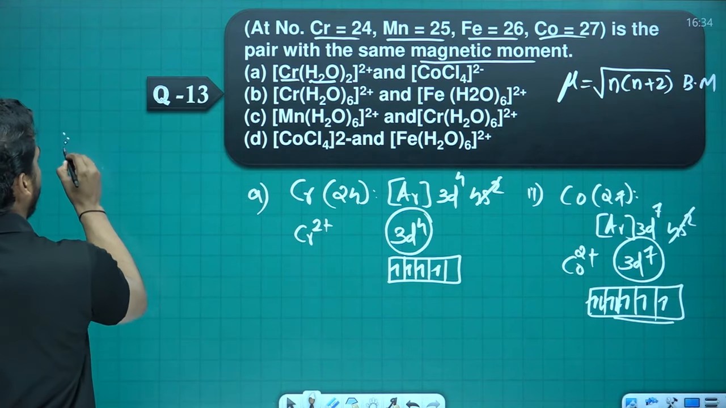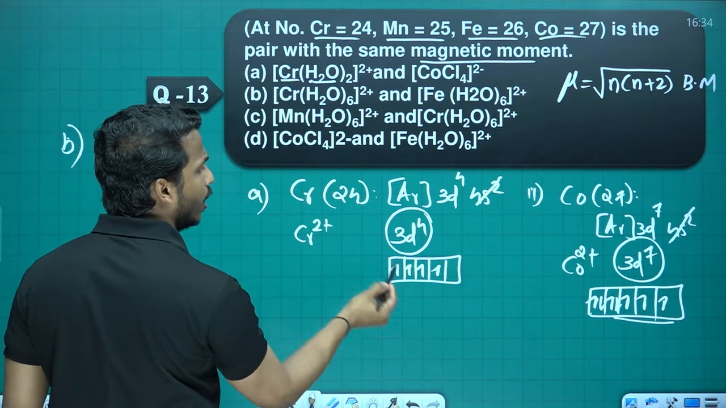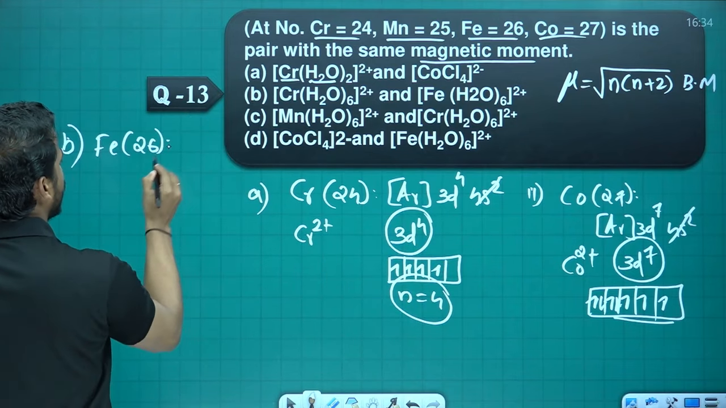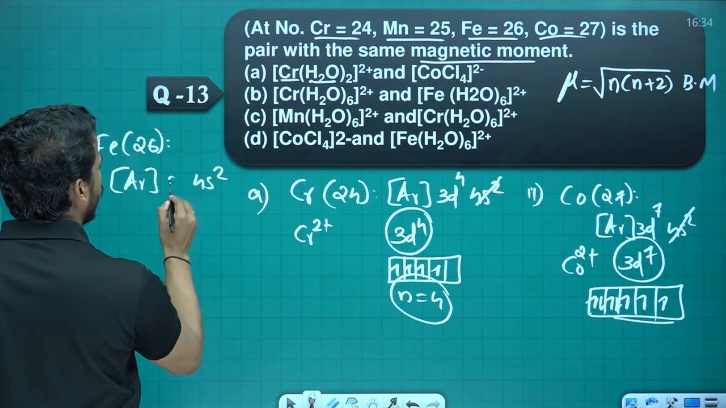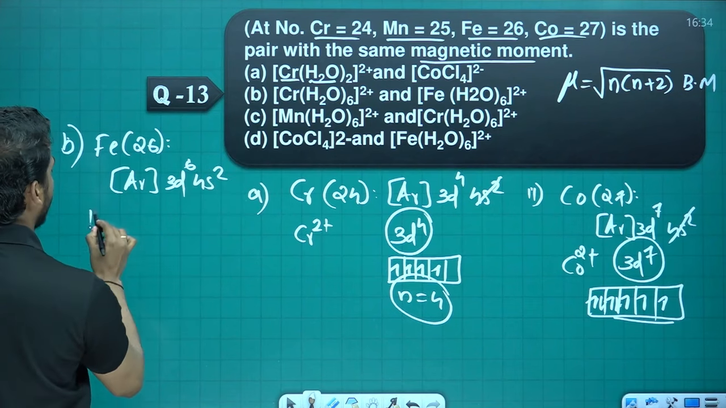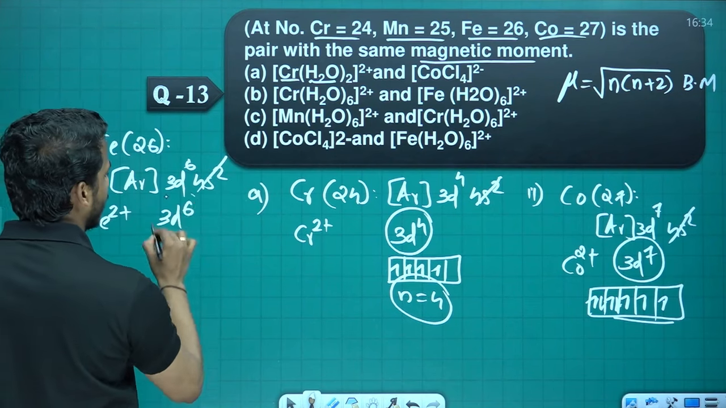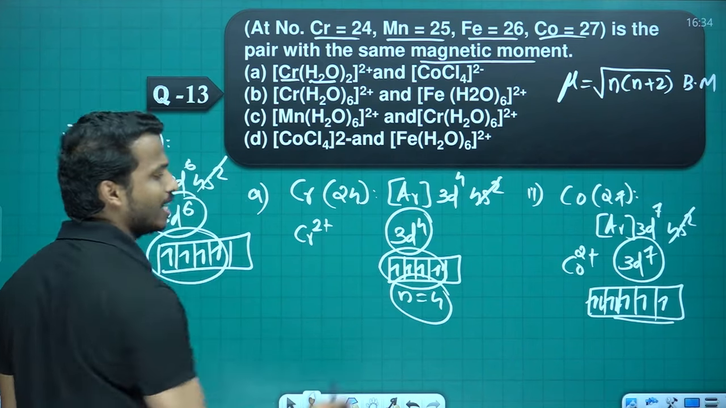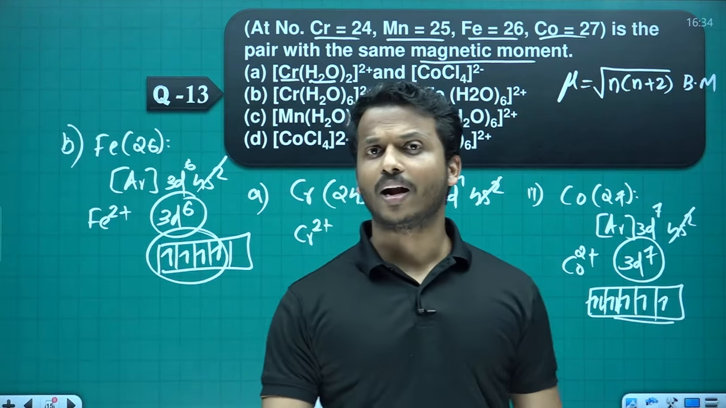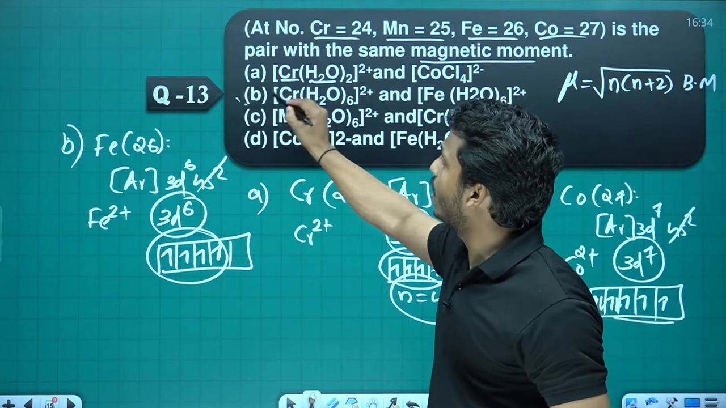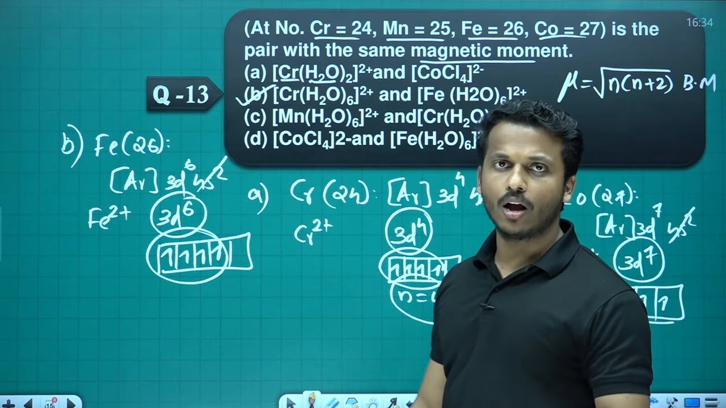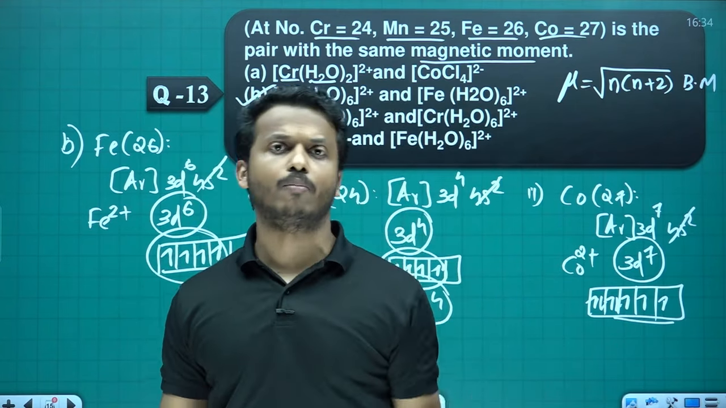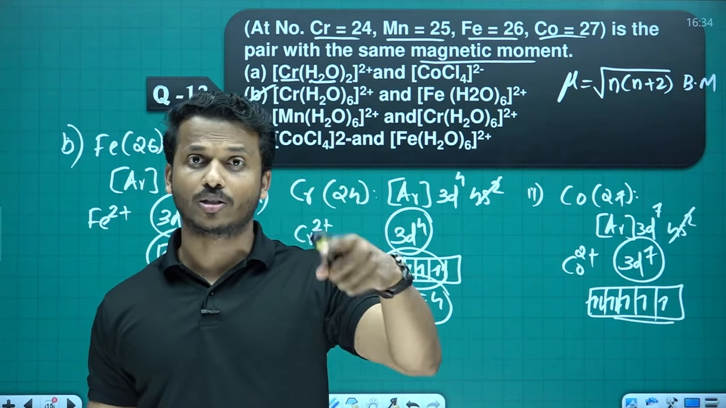So let me check option B. I think the first case is similar. Here n is equal to 4. Let me check the second one. Fe atomic number is 26, so the configuration is argon 4s2 3d6. And the Fe charge is also 2+. So these 2 are gone. 3d6 is there. How do you write the electrons, my dear? 1, 2, 3, 4. Yes. In these two cases, the numbers of unpaired electrons are the same, meaning their magnetic moments are also the same. I think option B is the correct answer. Where the magnetic moment is the same, they have the same number of unpaired electrons. Which one has the higher